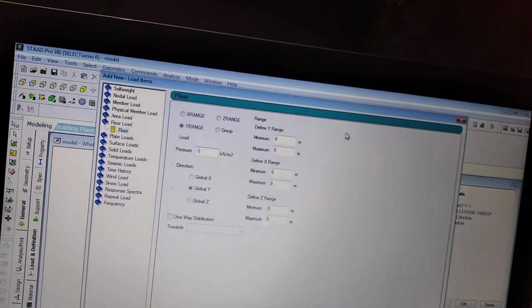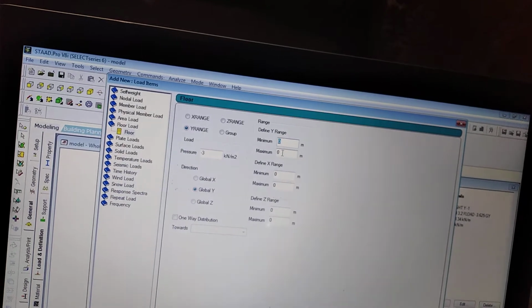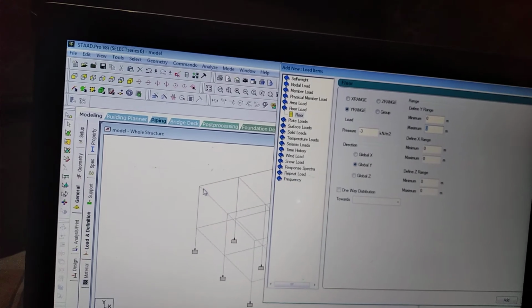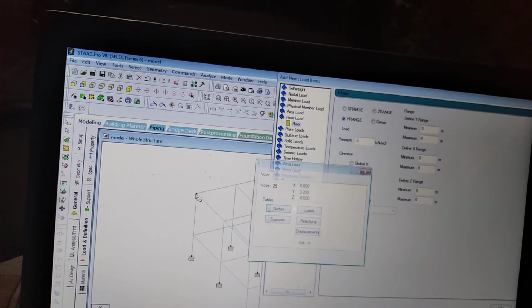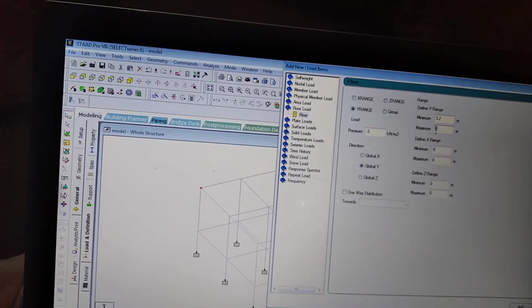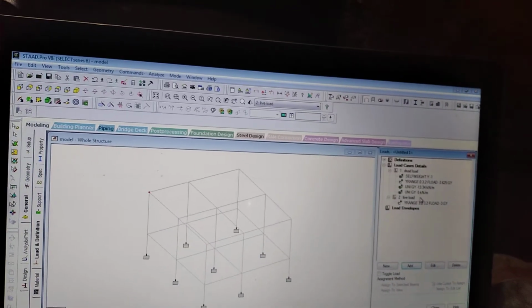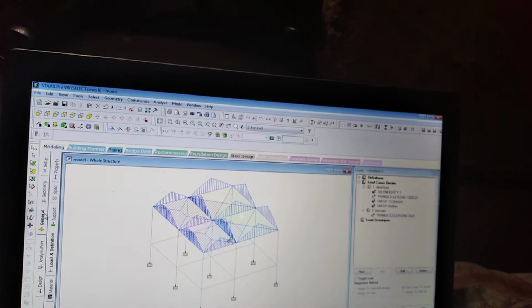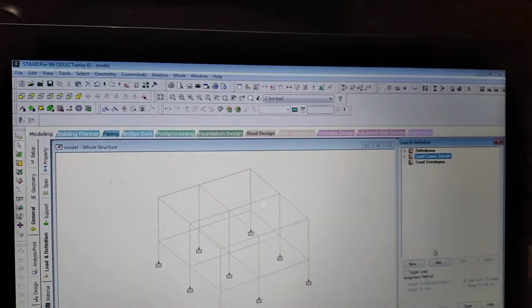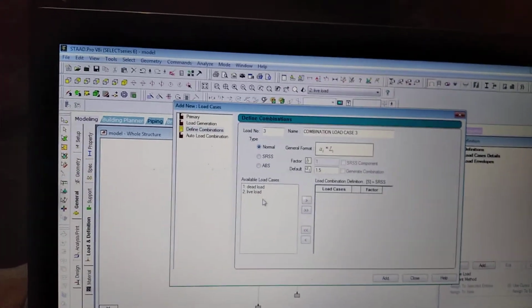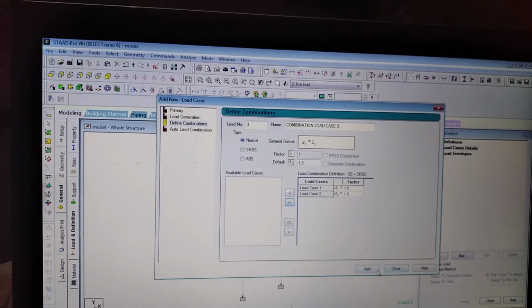panels, that is -3. Okay, I will change only the height, as the live load is acting on this portion only. So the height is, see here, only this portion, that is 3.2. Minimum it is 3.2, maximum it is also 3.2. Add it, close it. See here, live load is also assigned. What I will do next, I want the combination of load case details, add, define combination. I will mention it is 1.5 and I will bring this term to the right side and add it, close it.